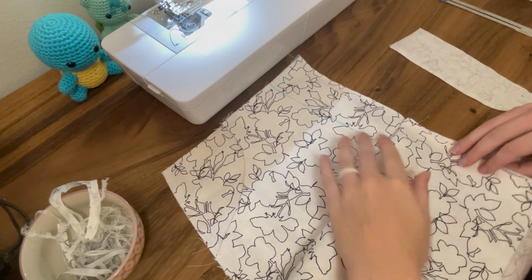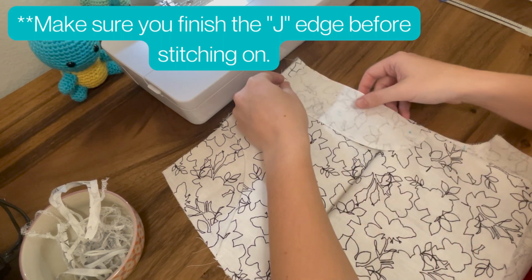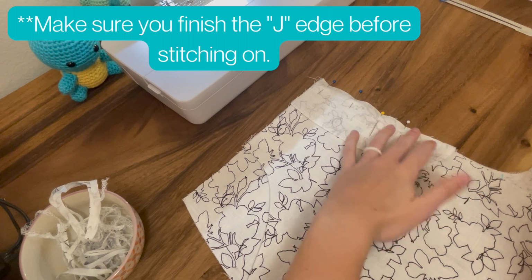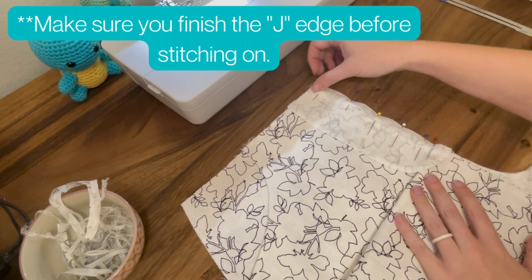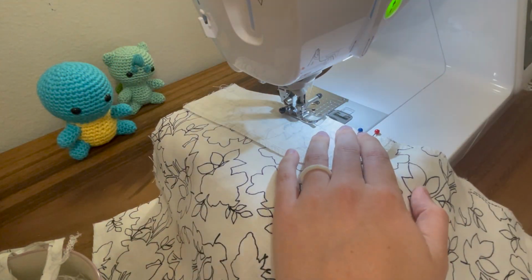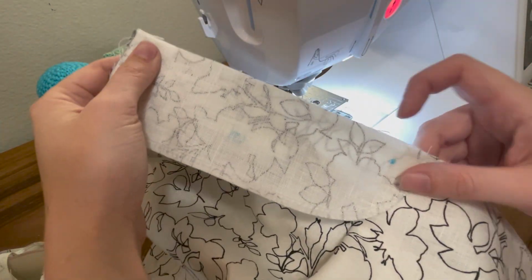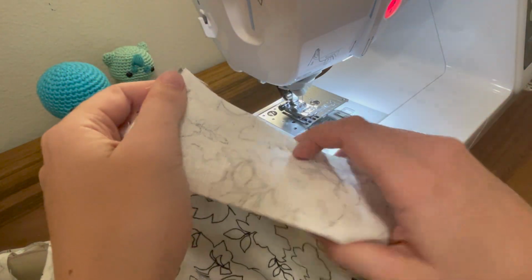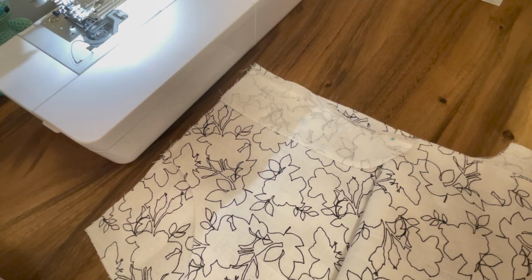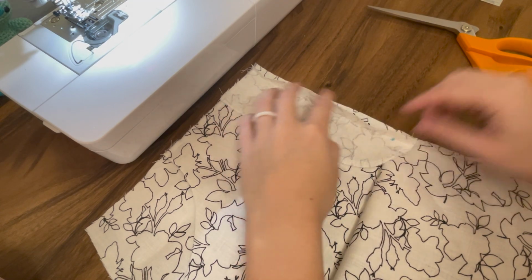So this is not the fly shield that we made earlier, which was piece 6. This is piece 5. And make sure you finish that edge before you pin it on here for the J side. But yeah, go ahead and pin it on, and then we will stitch it from the top, and we will stop at the dot. And don't forget, here we are still using a 1.2 centimeter seam allowance. And as with our previous seams, we will trim this down just a bit,